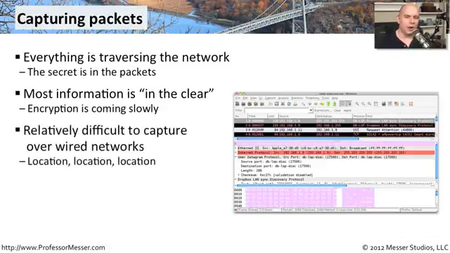If the network is wired, it becomes a little bit more difficult to capture that information. You have to get some type of physical connectivity into the network. And in some cases, on many switch networks, you have to reconfigure the switch in order to see that information. Otherwise, you're doing things like ARP spoofing or ARP poisoning, and they have their own disadvantages in those particular situations.